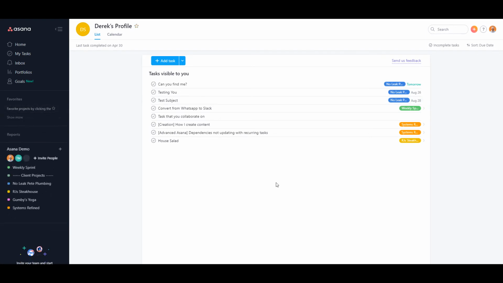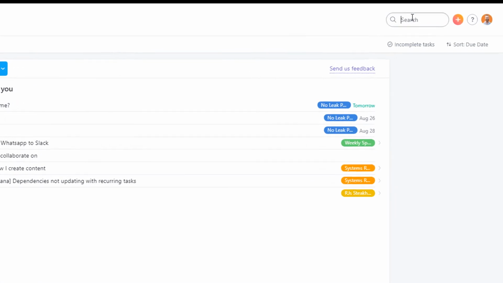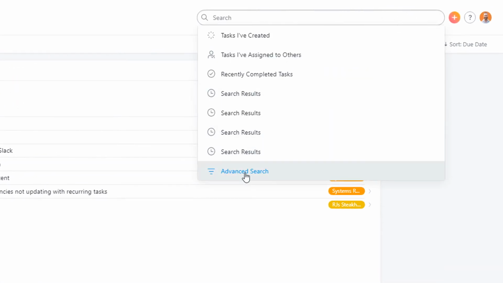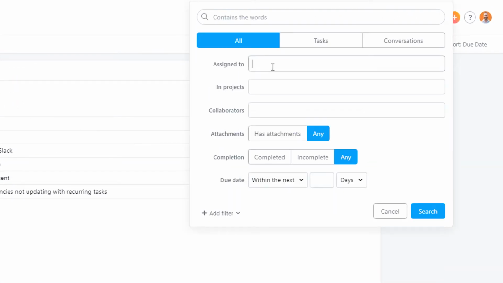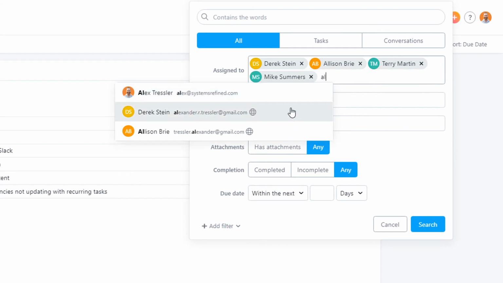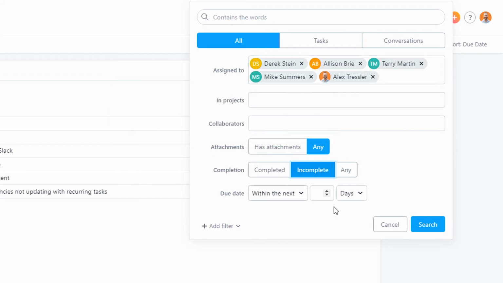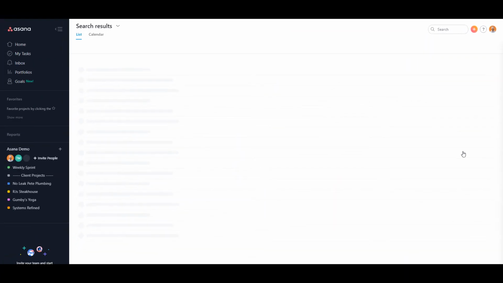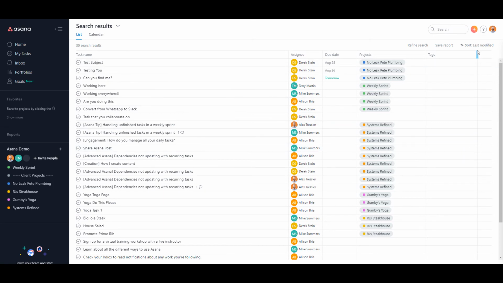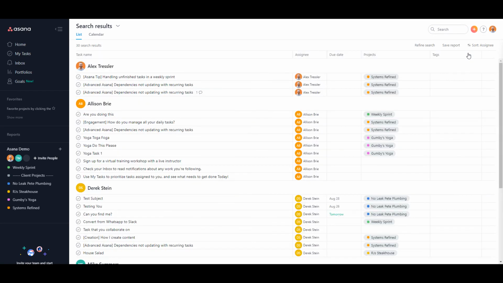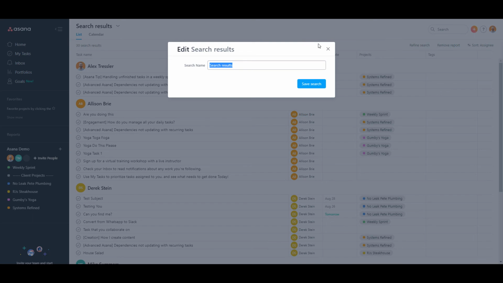If you're using the premium or the business version of Asana, you'll want to do an advanced search. So just go to advanced search, and then you're going to want to add all of your team members in the assigned to section. Select incomplete and then search. And then you'll want to sort it by the assignee. And then you can save this report